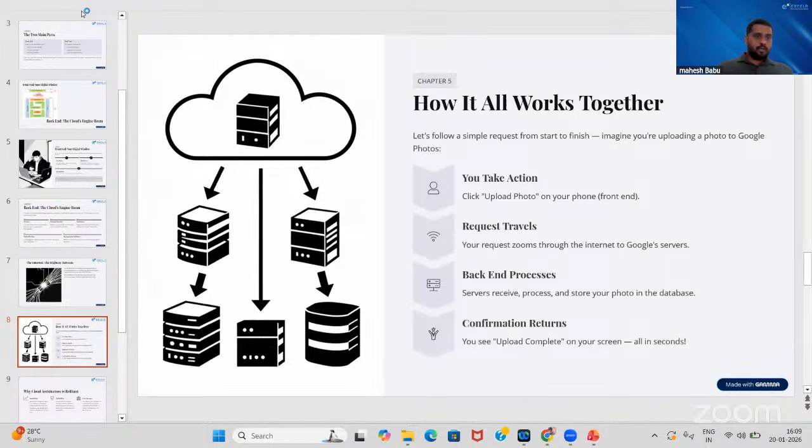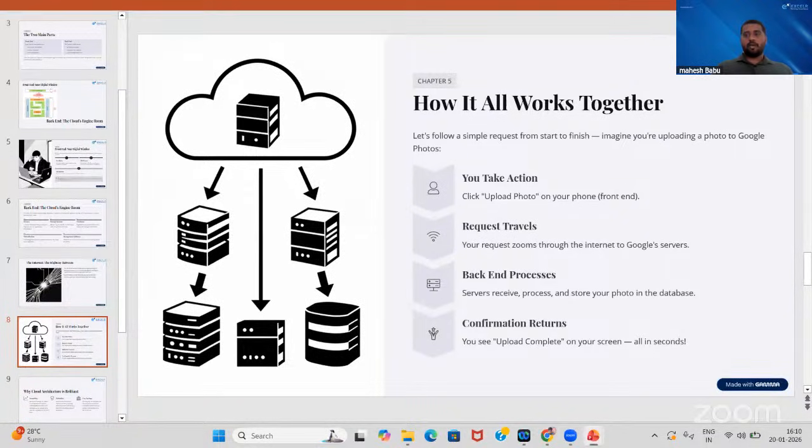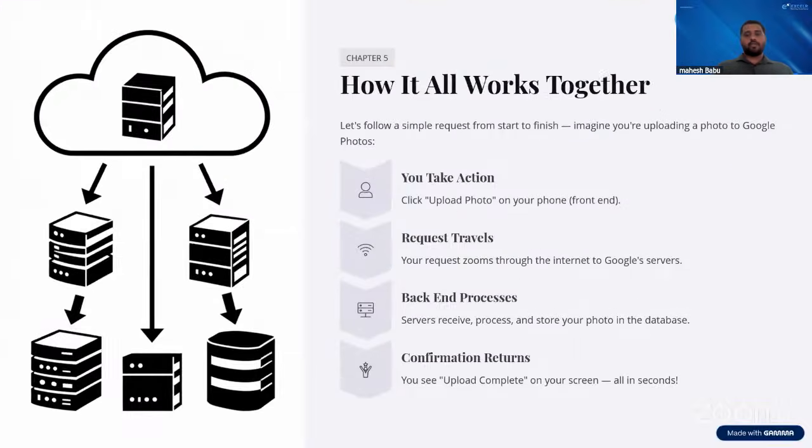See, we are simply uploading a photo to Google Drive. From Google Drive, we are trying to access it, where we can manage it from remote services. The backend will process everything that you are requesting, whatever request you have raised, and the confirmation will be done. So you see "upload complete" on your screen, so that we can manage each and everything as well. This is generally how things work and how we can manage them, which is very important.